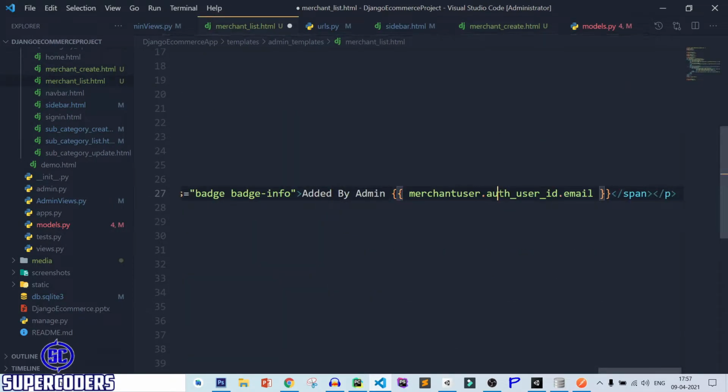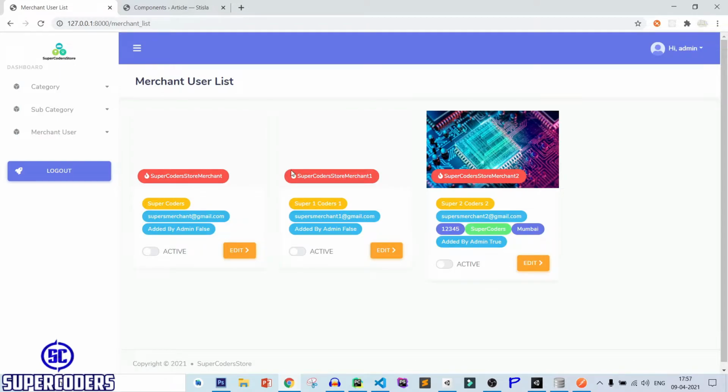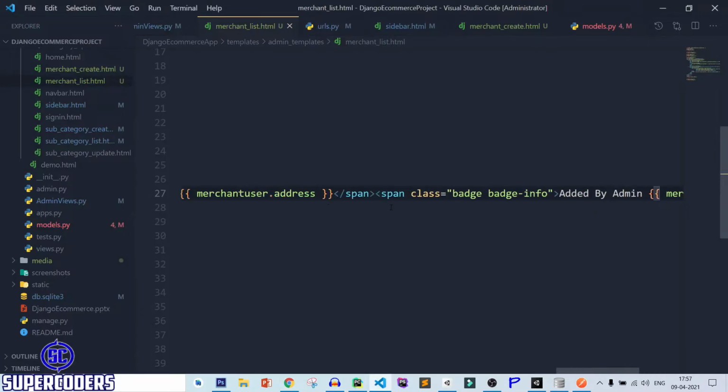Simply show it, save it, add to Chrome, refresh page. You can see it is showing perfect. Every detail is showing now. First name, username, email, GST, company, and everything.